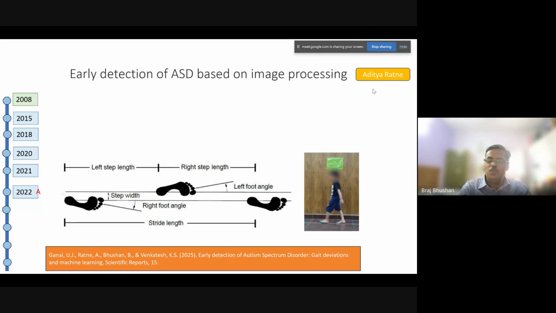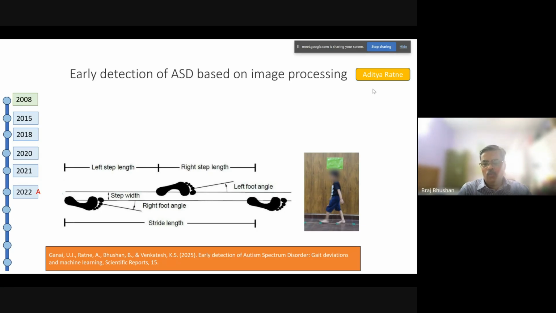Meanwhile, in 2022, we added a new problem to our checklist. At this point in time, we were more interested in early detection of autism, and this was based on gait deviation. As you can see here, we looked at the walk pattern of kids. Based on, again, the machine learning technique, we tried to find out if the broad autism phenotype and the gait deviations, these two can be combined to make a very early diagnosis. And our result shows that